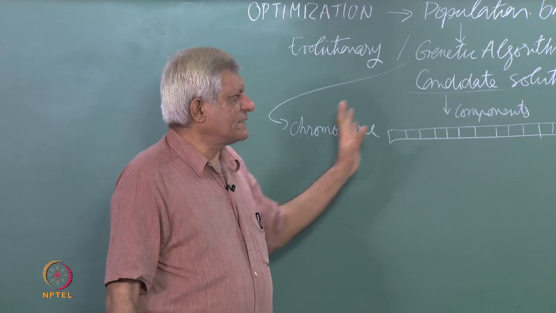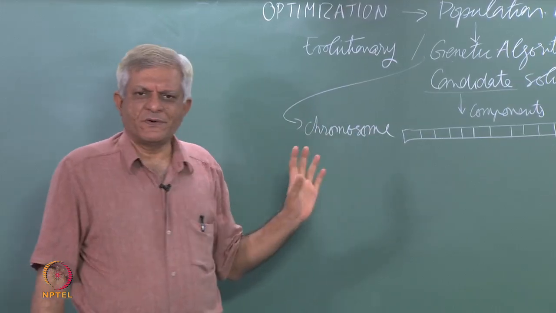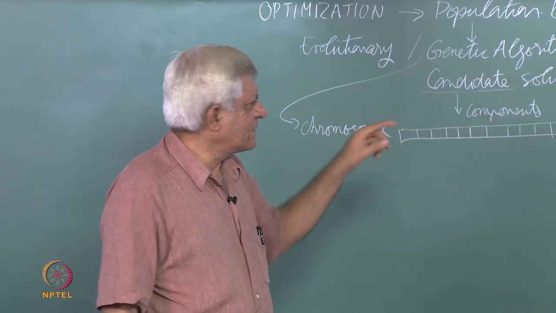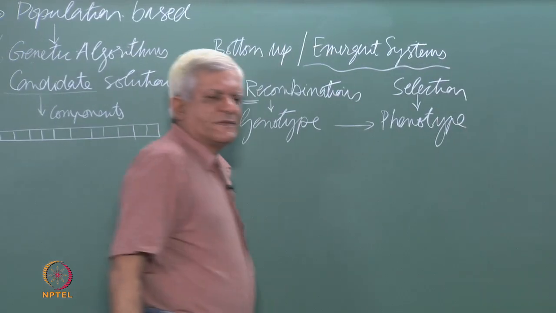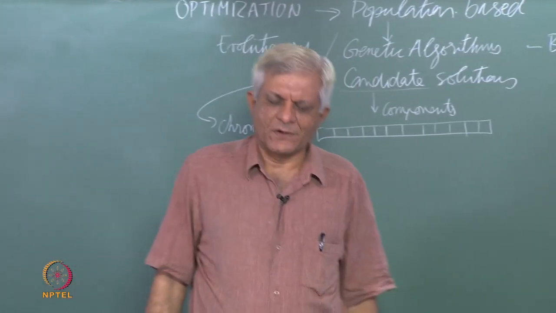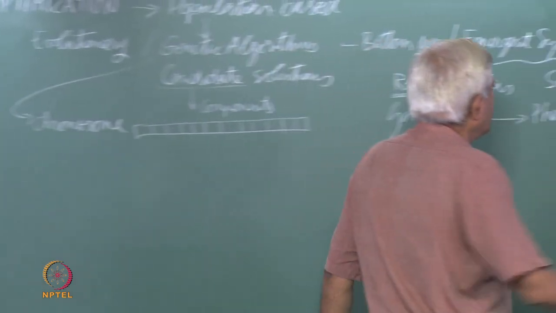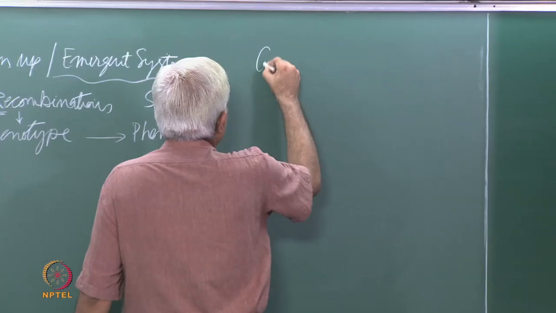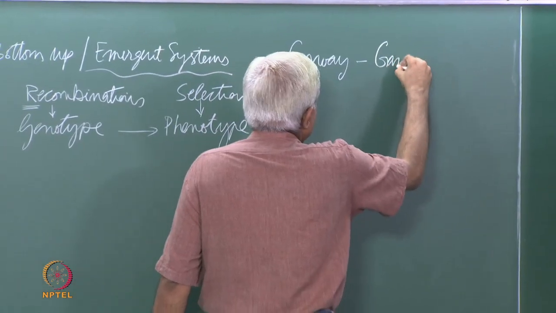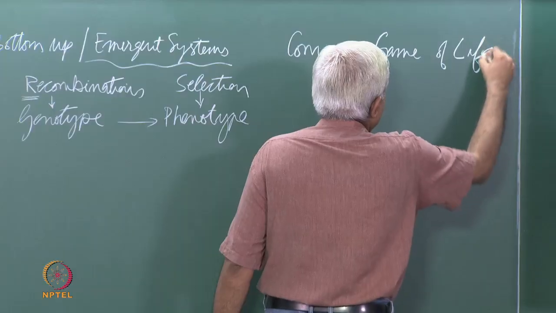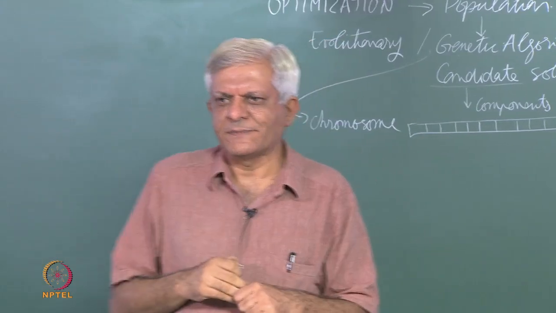So, I want to do one example to illustrate genetic algorithms today, but before that I want to spend a few minutes on this idea of emergent systems essentially, because it is an idea which has a lot of followers essentially. So, you must have heard about this Conway's game of life. Conway, something called game of life. Have you heard about the game of life? It is like a screensaver sometimes,